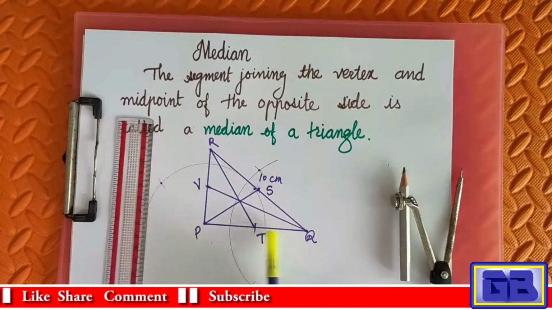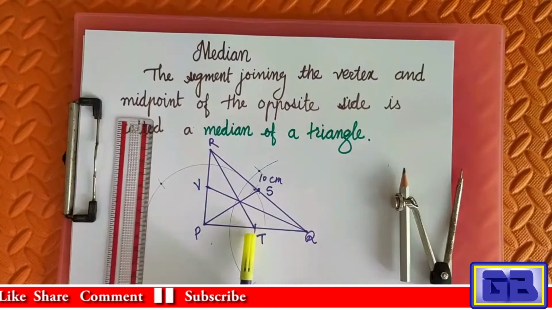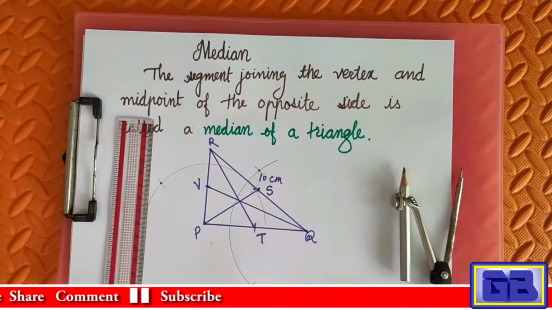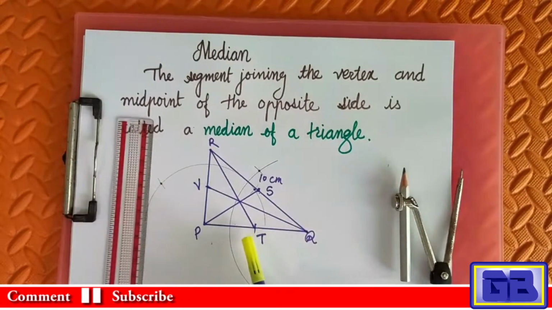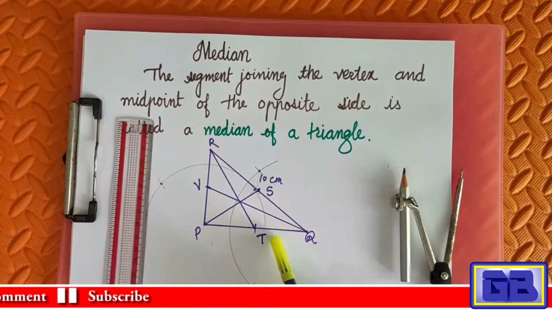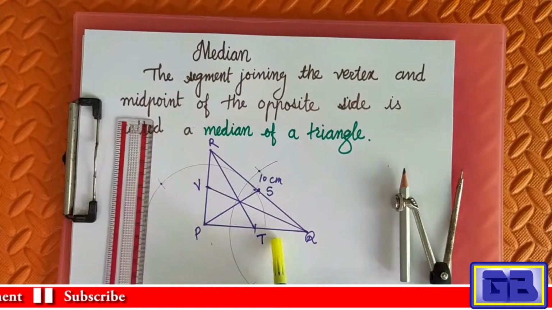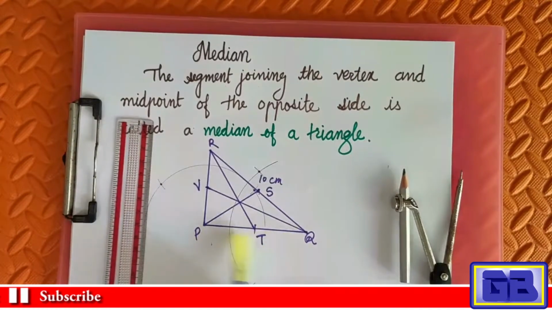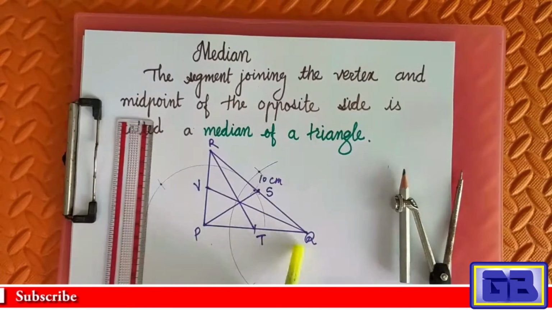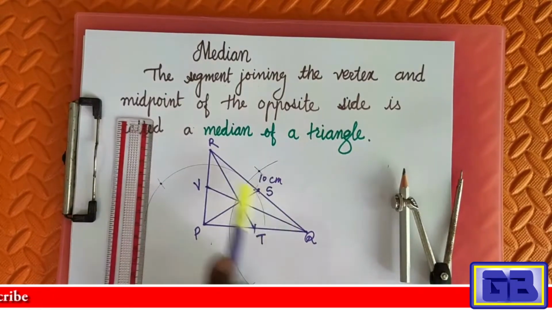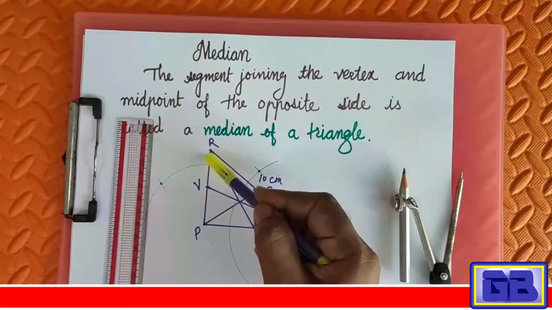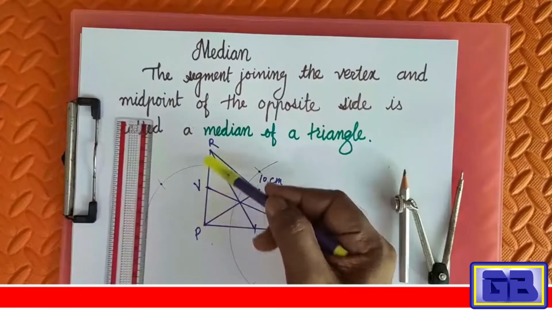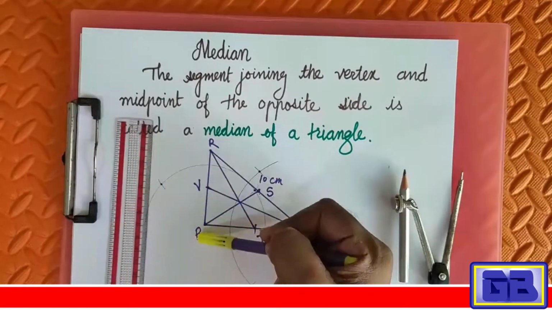Normally, when we draw a triangle like this, we know the measurement of any two sides. That I will explain to you in the second example. First, what you will do, you can take this as 9 centimeter. Consider this one is 9 centimeter, this will be 10 centimeter, and the third one you take without measurement, just join these two vertices P and R.